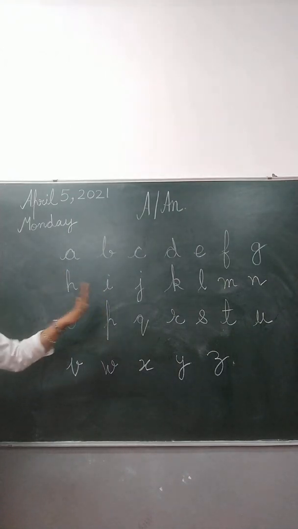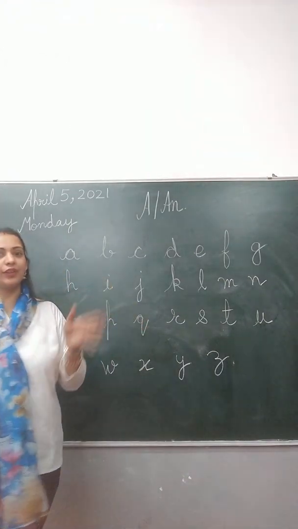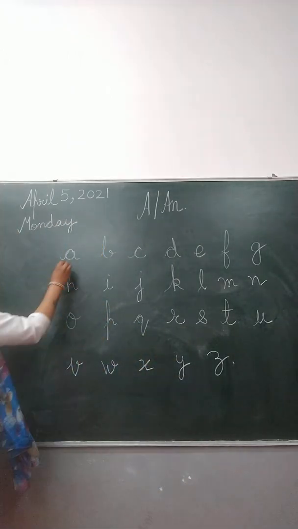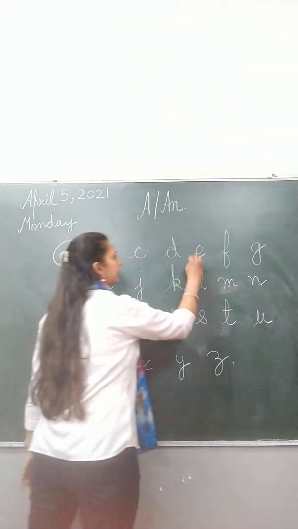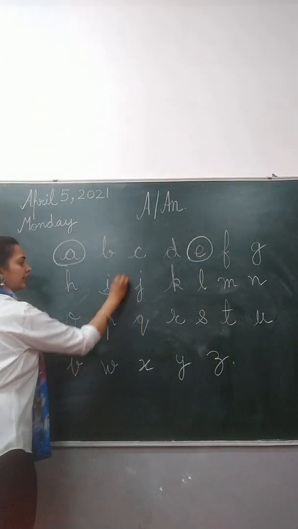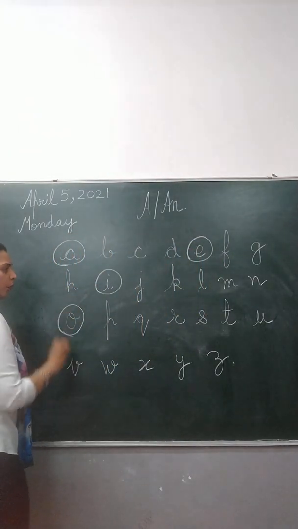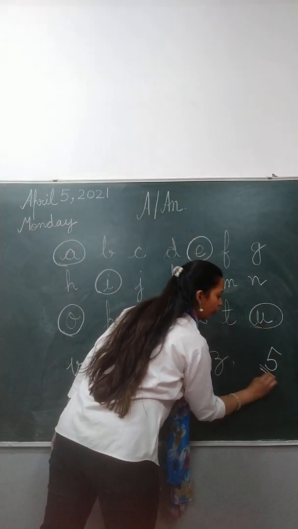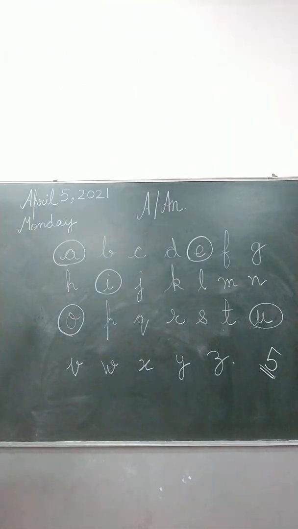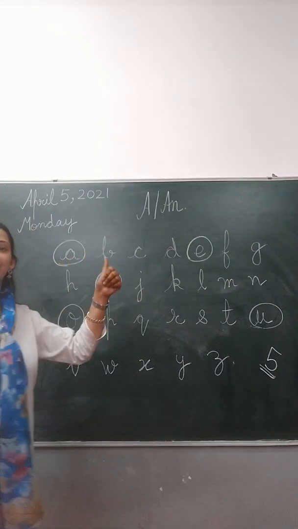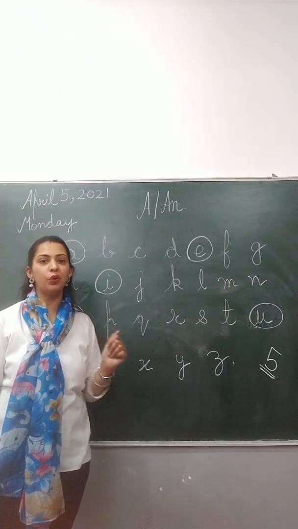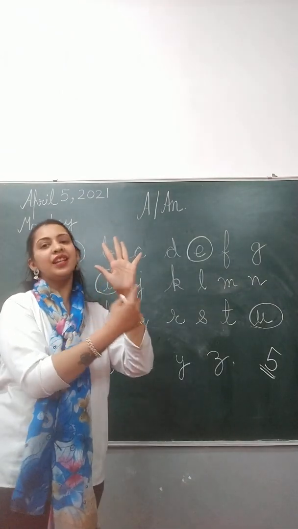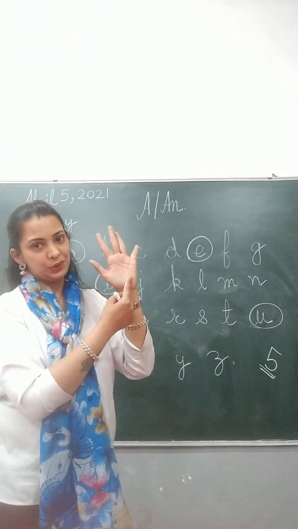But out of these, a few are vowels and the rest are known as consonants. So which ones are vowels? Our vowels are A, then the next one is E, then I, O, and then U. These are the 5 vowels. The basic way of learning the vowels that I would suggest for you all is A, E, I, O, U. You have 5 fingers, so similarly you have 5 vowels also.